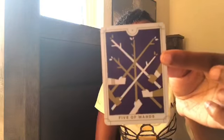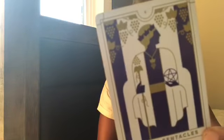So we got the Five of Wands, which I feel like is a lot of change. We got the King of Pentacles. And then we got the Eight of Wands. Okay, so there's a lot of Wands energy, a lot of Pentacles energy. So I feel like